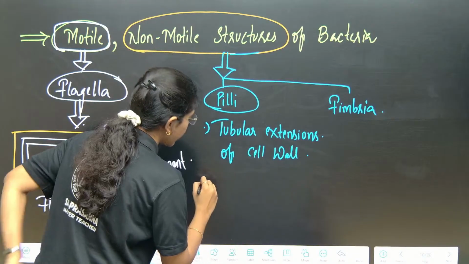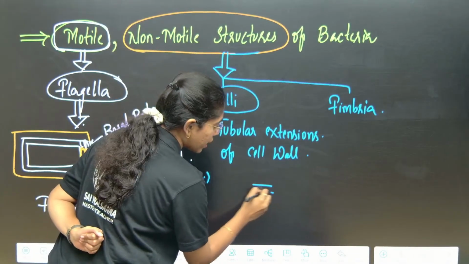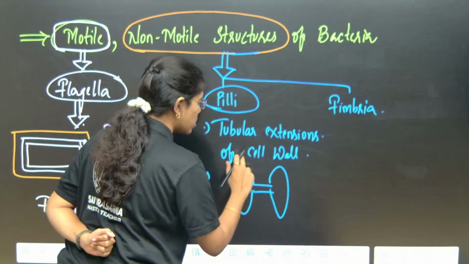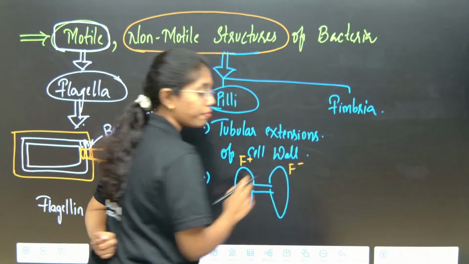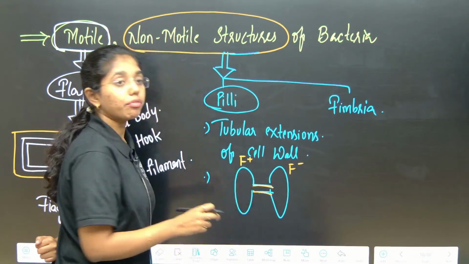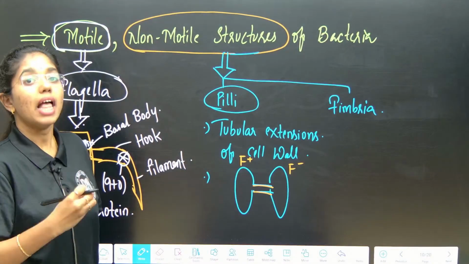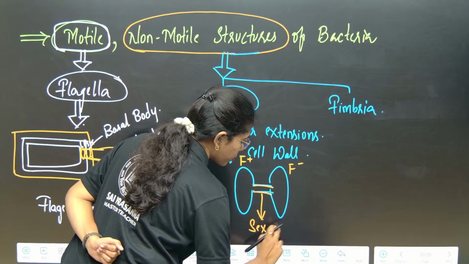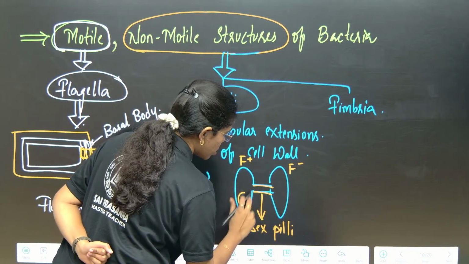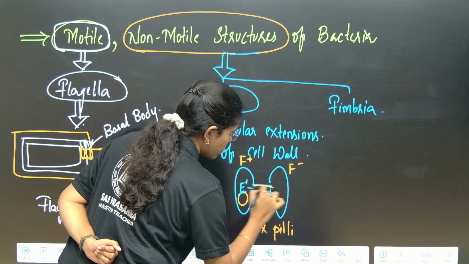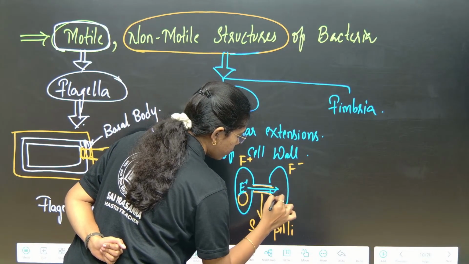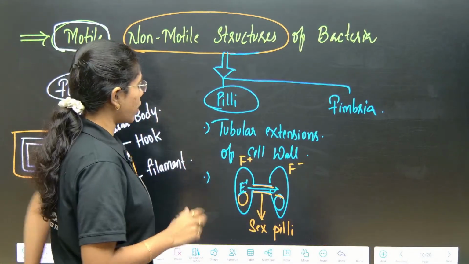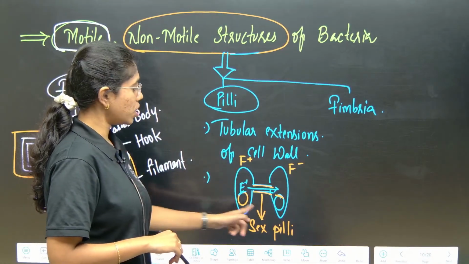Fine, right? And if you take one pilus which is connecting 2 different strains of bacteria, as we have discussed, one is F plus and one is F minus. This type of pili which is helping in the process of conjugation, that is sexual recombination, is known as what? Sex pili, from which the F plus strain transmits the plasmid DNA to the F minus strain. Clear? So these are the 2 functions: one is attachment to the substratum, next is conjugation.